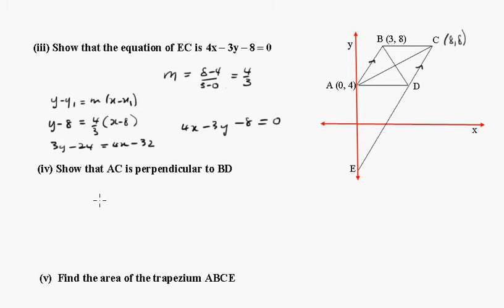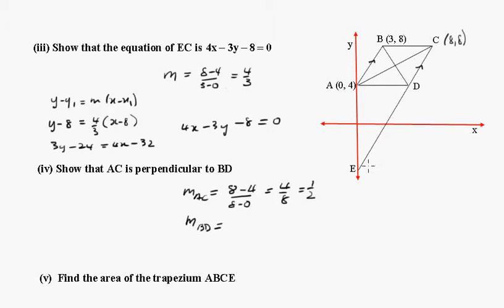Okay, now show that AC is perpendicular to BD. Let's have a look at the gradients of AC and BD. So the gradient of AC is equal to 8 take away 4 over 8 take away 0, which is 4 on 8, which is a half. Now the gradient of BD